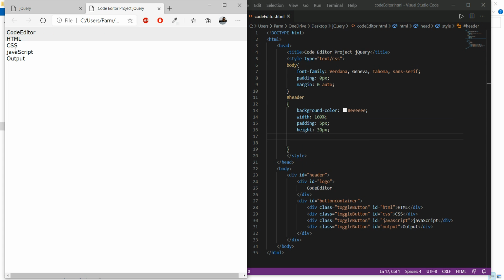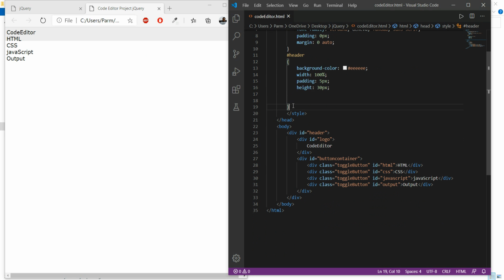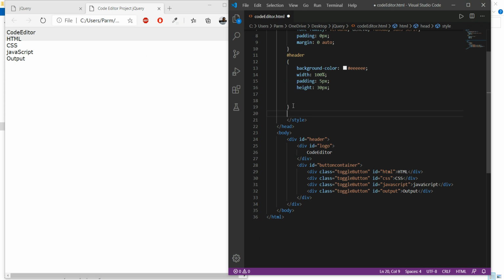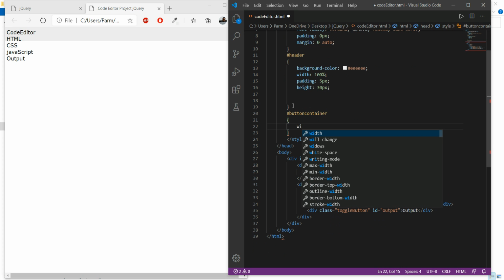Now we have to arrange these buttons over here. So I have to write this ID over here, that is hash button container, and here we will set the width for this.